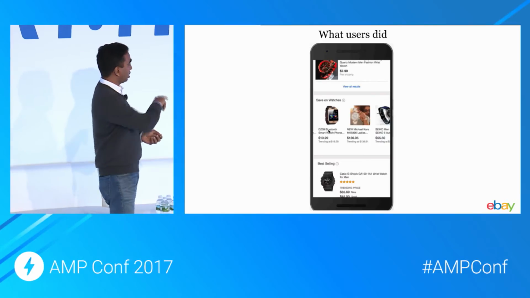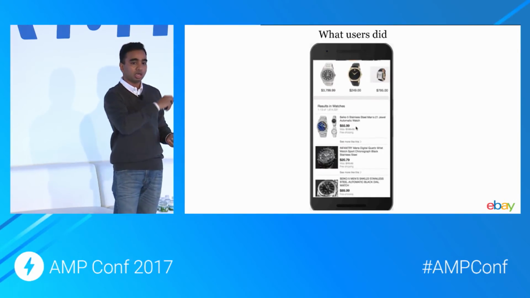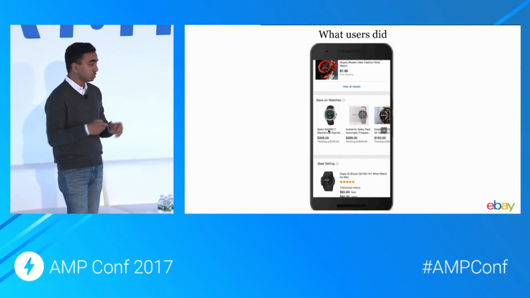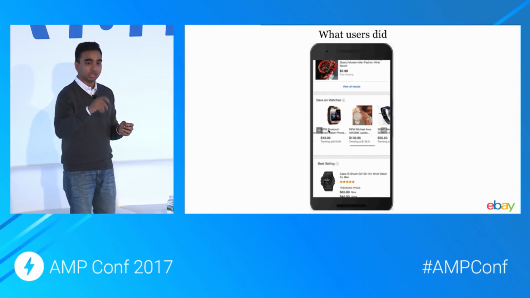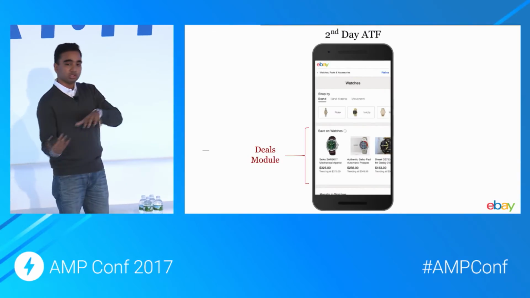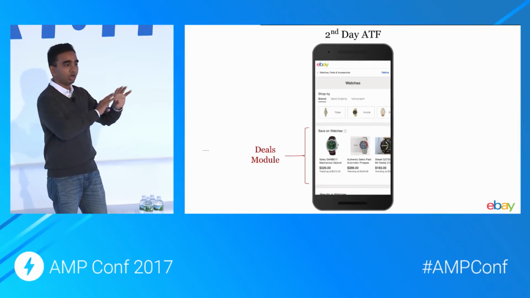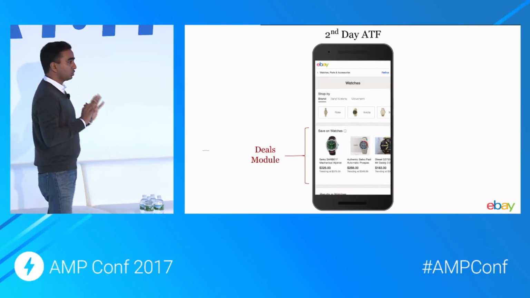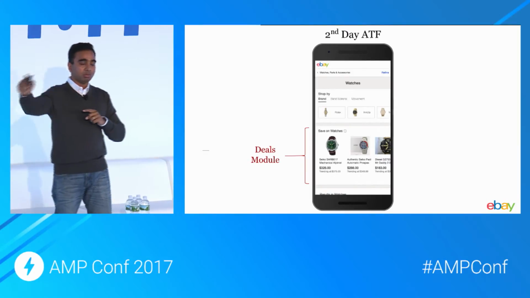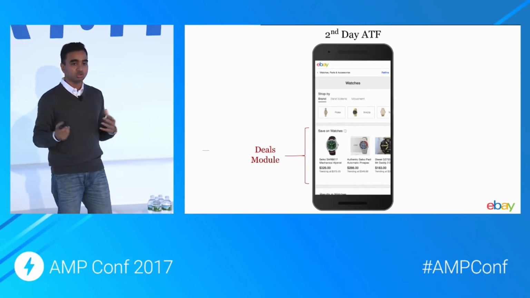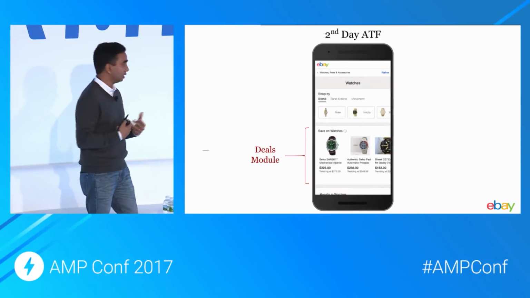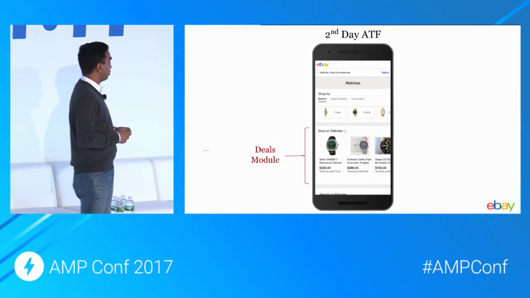But fortunately for us, all this data, this interaction, swipe, scroll, everything goes to our backend system. And our machine learning team uses this data to train our module ranking system. So what happens automatically on the second day is that this deals module, which was below the fold, goes above the fold. And it all happens automatically behind the scenes. There is no rollout, nothing associated with it. And this can happen within a day, or over multiple days based on the amount of interactions that the users do. So this was possible in the regular version of the page we did, because this was one of the main things that we wanted to achieve.